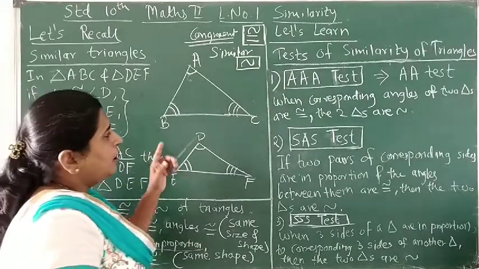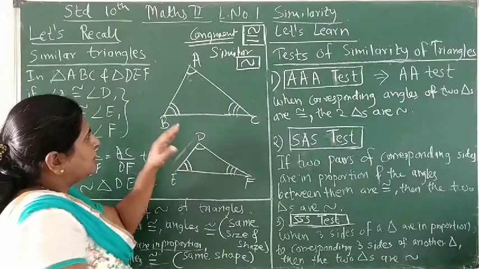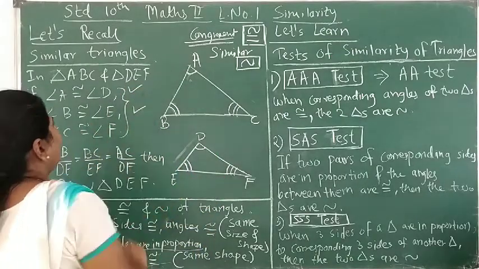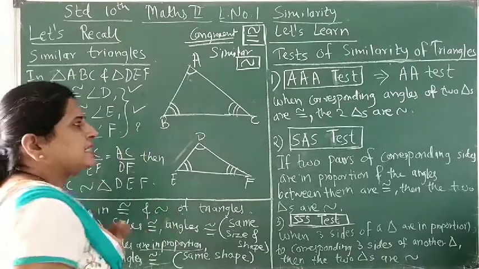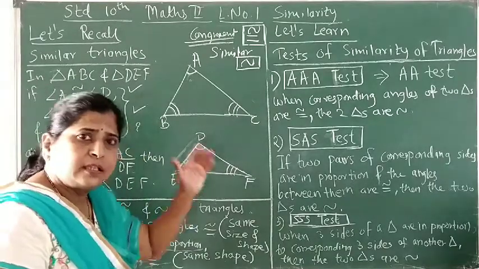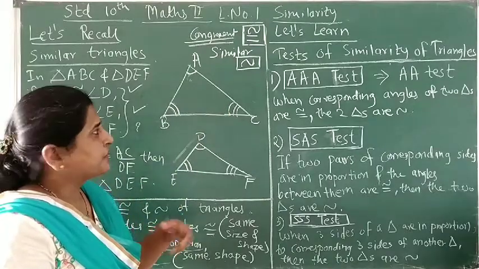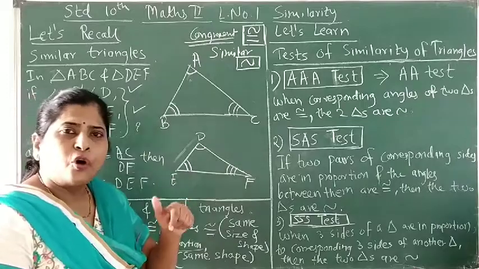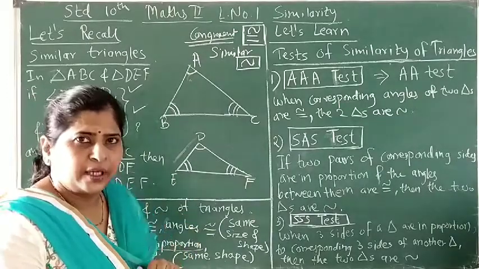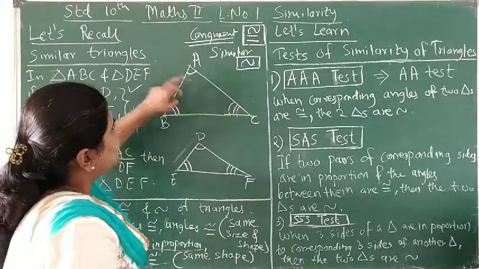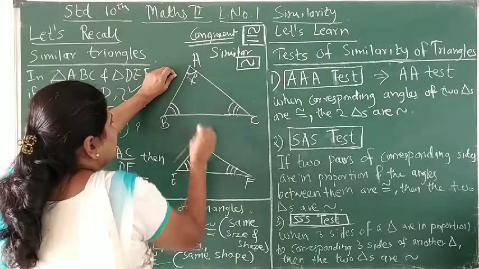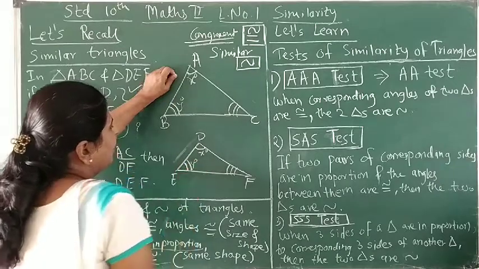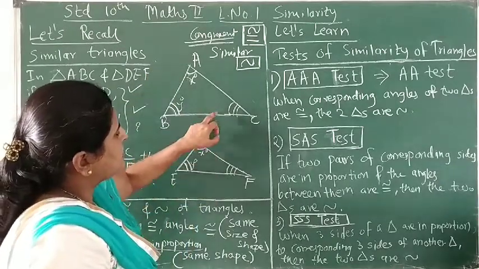Okay. Now, when we know about only 2 angles, say angle A is congruent to D and B is congruent to E. We do not know anything about angles C and F. Can we still say these 2 triangles are similar? Using the property that the sum of all angles of a triangle is 180 degrees, and when we know, say this is x degrees, so this is also going to be x degrees, and if this is y degrees, this is also going to be y degrees. What can we tell about angle C and angle F?